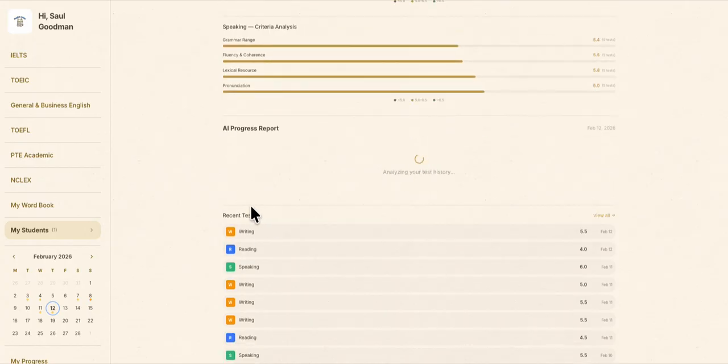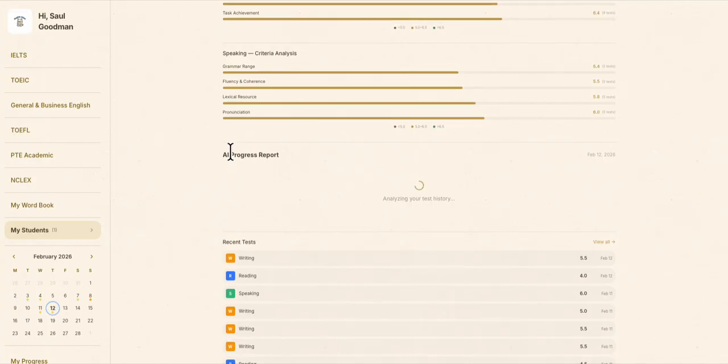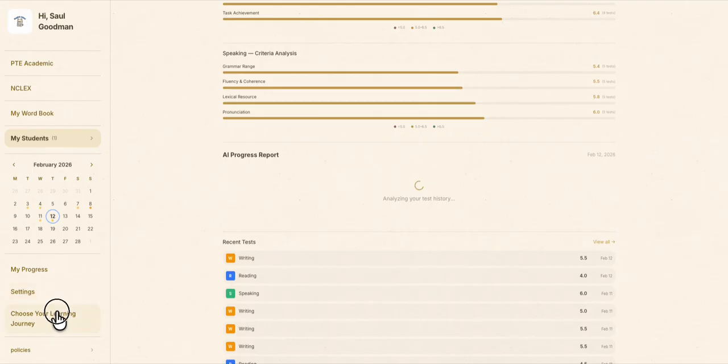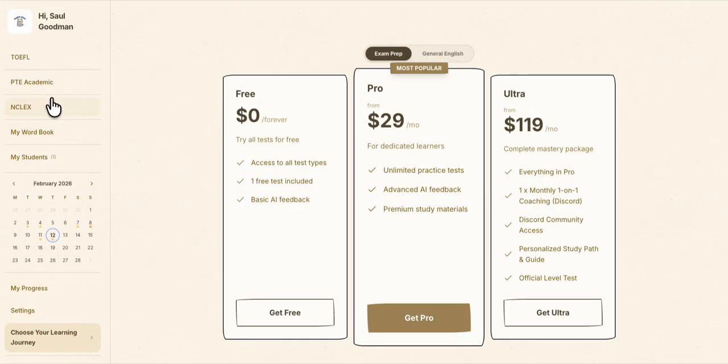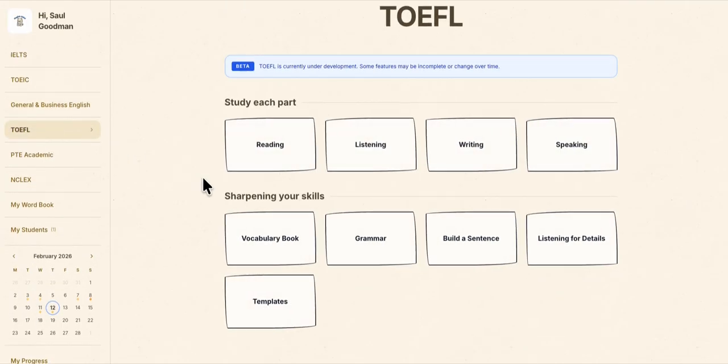In the meantime, you can also see recent tests. The most recent was actually today, 12th of February. He got writing 5.5. In the meantime, reading was 4.0, which is kind of catastrophic. So he needs to work on his reading a lot. And I think the report will take some time. I think I'll be showing something else. Choose your line. In the meantime, there's a TOEFL. I'll be showing only one thing, or actually